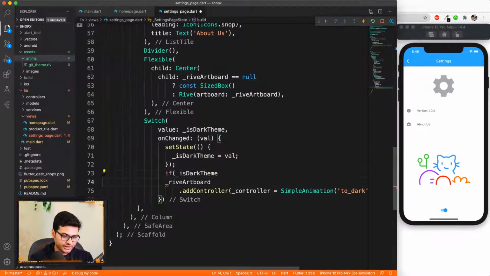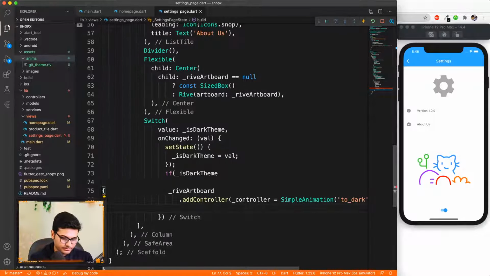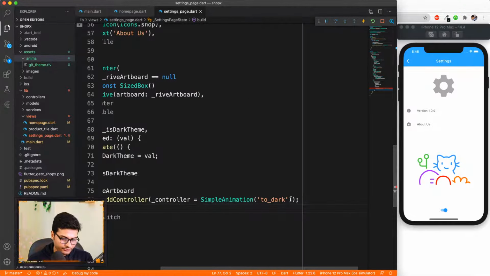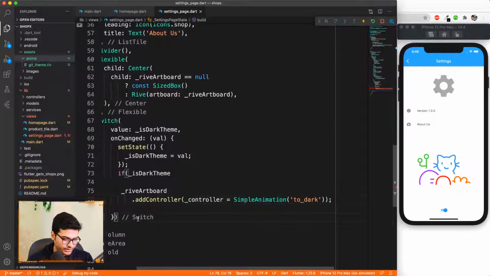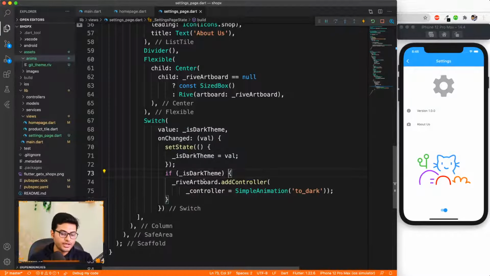If it is dark theme, then we are going to switch to light. Come on, give me formatting. What's wrong with you? Maybe I need to put a comma over here. No comma, then semicolon. Why is it not formatting? I'm missing something here. Perfect. So if it is dark theme, then switch to the light one, else